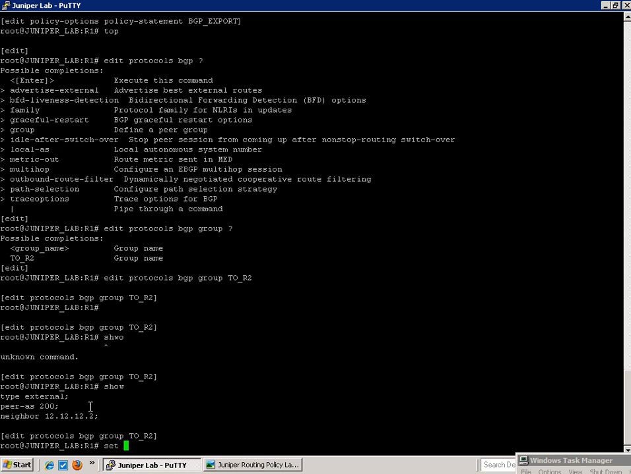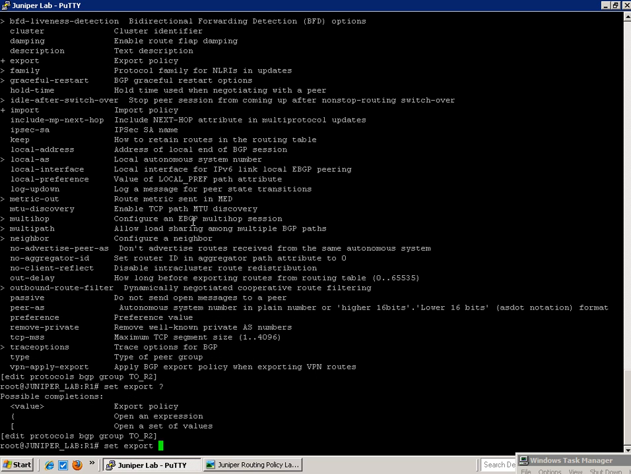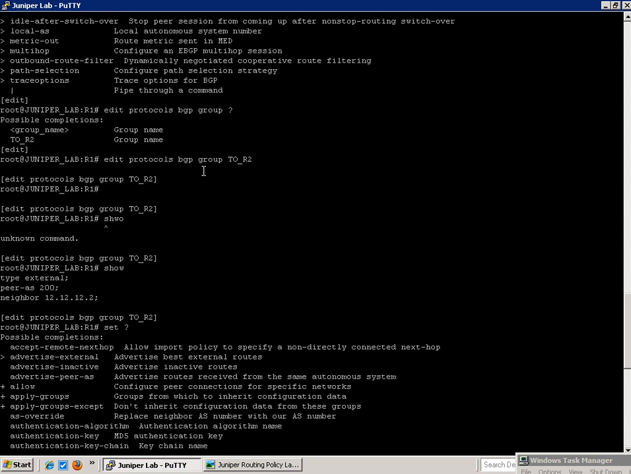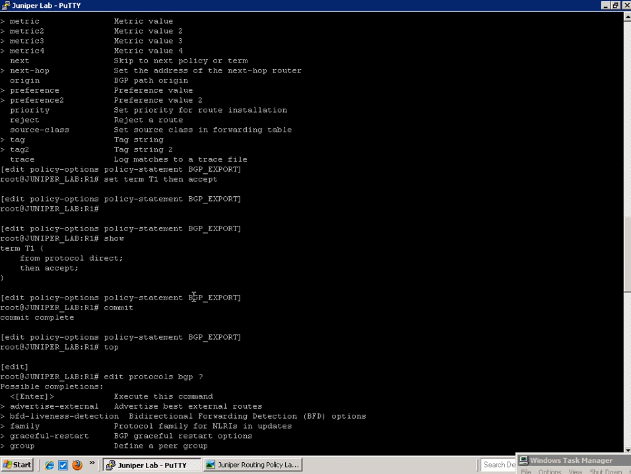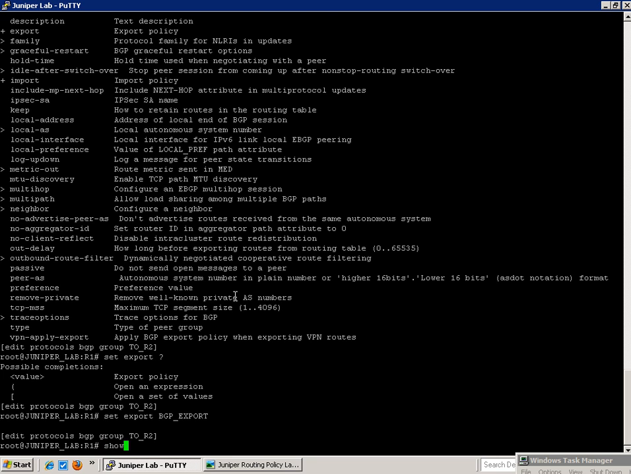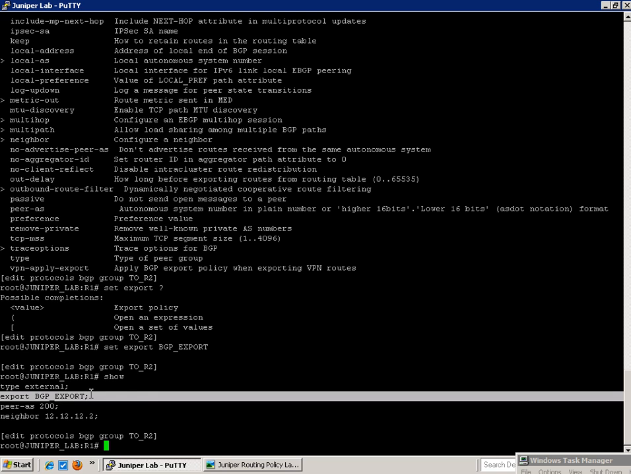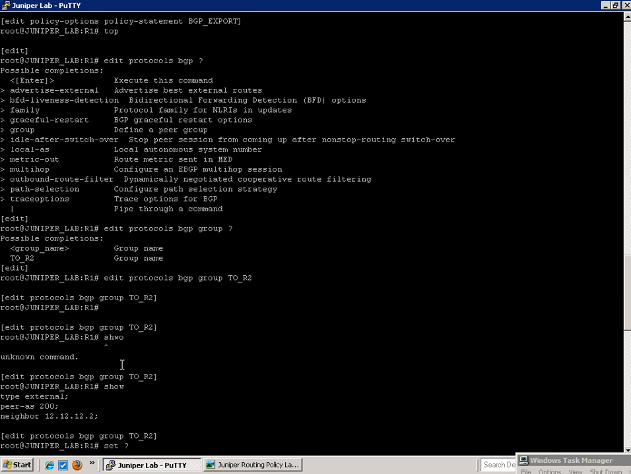So I'm going to use the set command followed with the export option. So we have set export, and this is where we're going to match an export policy. So set export space question mark. Let's go ahead and go up to where we have our BGP export. Let's go ahead and highlight that, paste that in, and hit enter. So now if I do a show statement, you can see that the export policy we have added is the BGP export. And under the BGP export,